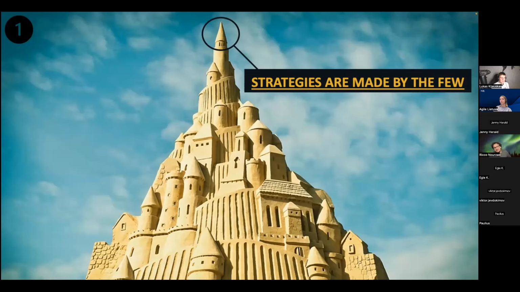Reason number 1 is we are all aware of the term VUCA, and still there are strategies which are made by the few without leveraging the whole system. And as we all know, a complex world requires a more distributed and decentralized decision-making process. And I would use here the help of the swarm intelligence, because come on, we are all knowledge workers. So why should just a handful of people decide what the strategy is? So it doesn't make sense. So that's the first argument for OKRs and against traditional strategy execution.